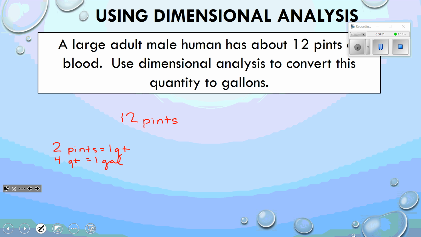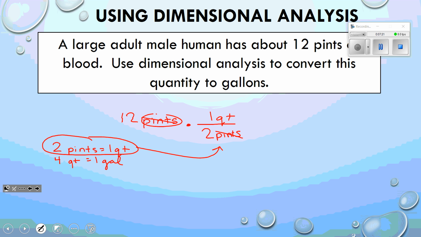and we know that there are 4 quarts in a gallon. So when we set this up, this is not like a proportion where you write an equal sign. With this, you're doing multiplication. So we write our 12 pints, and we know that there are 2 pints in 1 quart. If you remember from our lesson on dimensional analysis, the pints have to cancel out. So when you're writing this ratio over here to know what goes on top and what's on bottom, you make sure since pints is on top over here, pints has to go on the bottom here so that they cancel